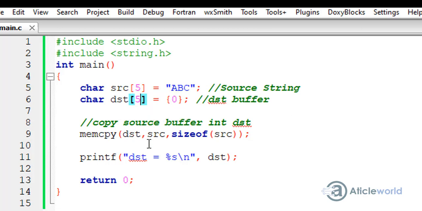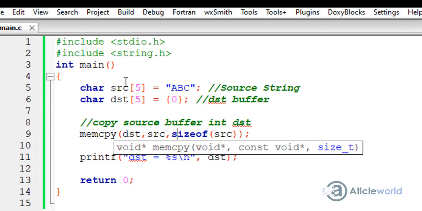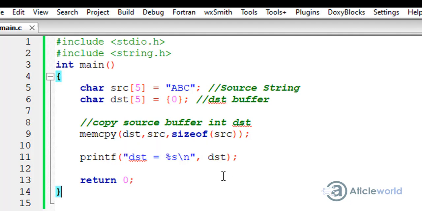As you have seen the syntax, here I am passing the address of source memory, and here the address of destination memory, and here the size of an array because I just want to copy all the source array in the destination array. And here I am printing the data which has been copied in destination array.